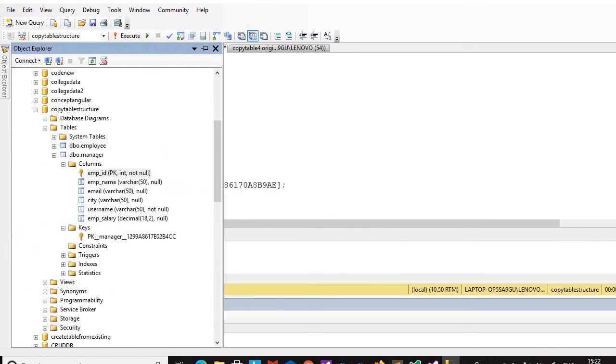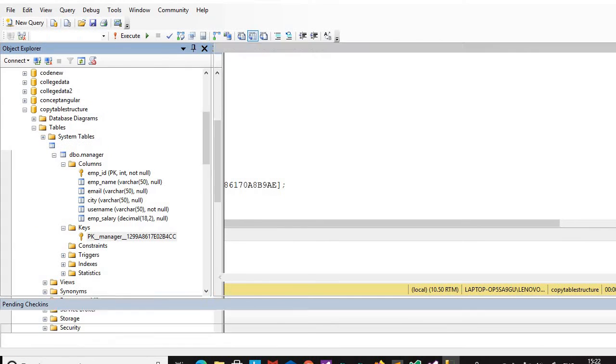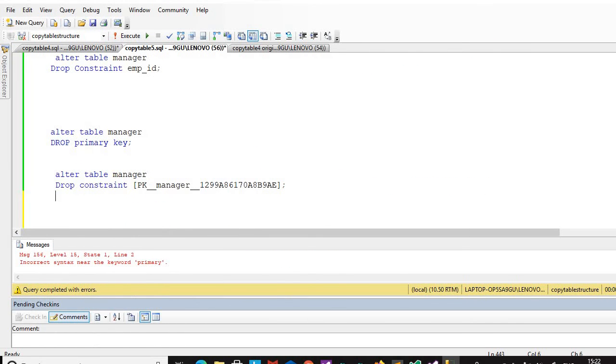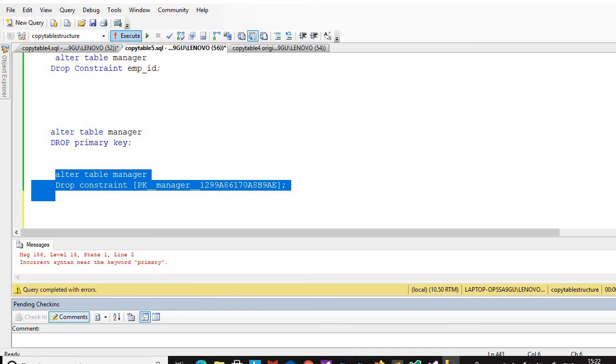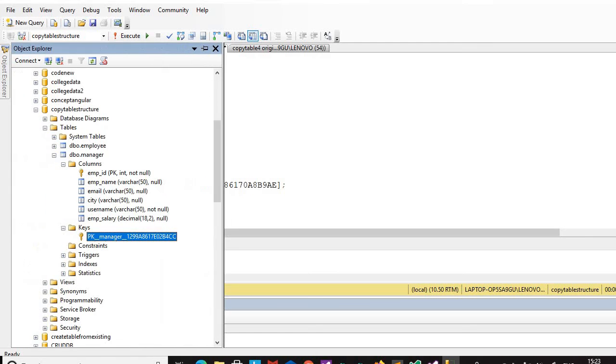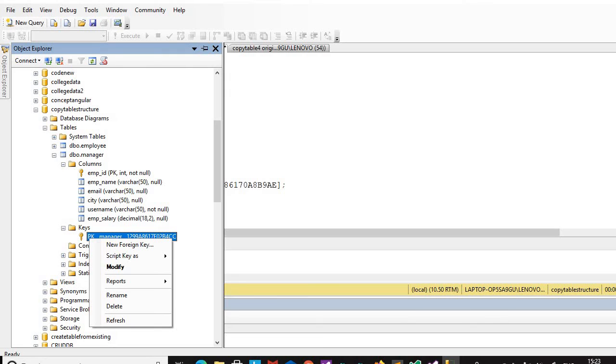So if we give the name here, the key name or constraint name. So alter table manager drop constraint with name. No, PK manager is not a drop constraint message. So drop primary key. So here